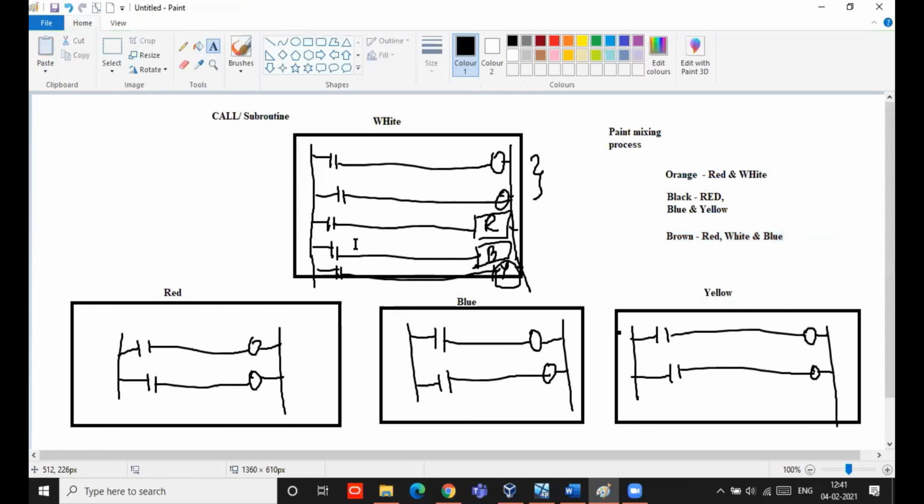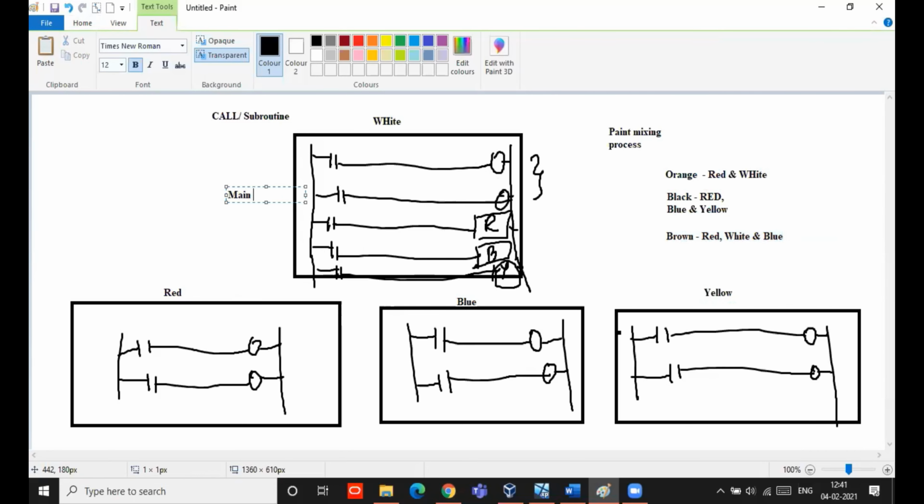This is my main page program, and all the other things are my sub page program. The control of all the sub page programs will be available in the main page only. Unless I activate this, this will not get executed. If this is off, definitely this will also be off.